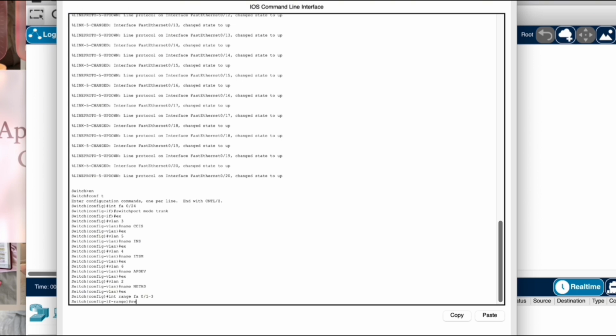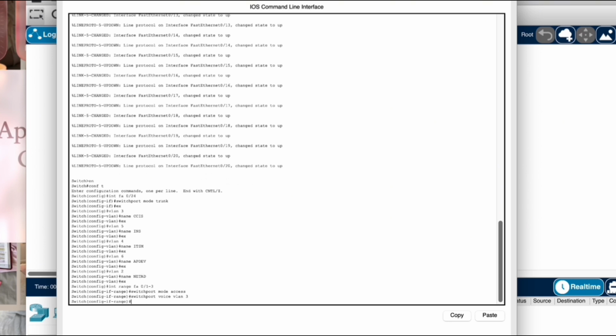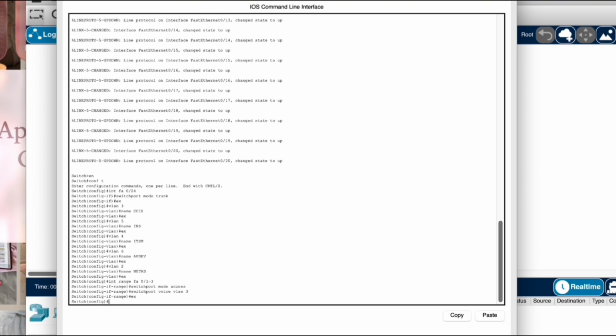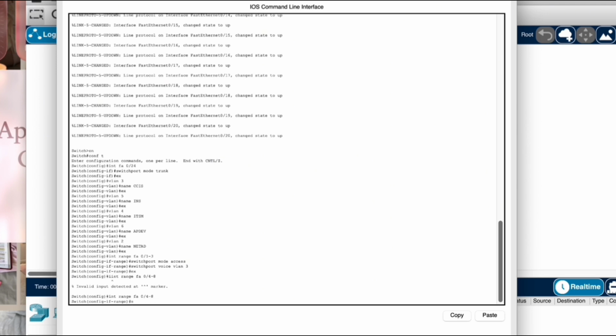We're going to input the interfaces inside the VLAN. So the int range fa0/1 to 3, then enter switchport mode access, enter switchport voice VLAN 3. So we're going to be inside the VLAN 3. So we're going to exit, and then we're going to input the int range fa0/4 to 8,